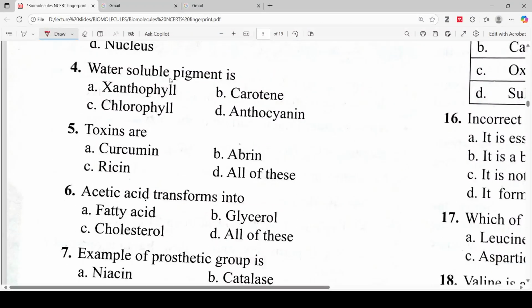Next question. Water soluble pigment is xanthophyll, carotene, chlorophyll, anthocyanin. So the correct answer is option D, anthocyanin, and it is found inside the vacuoles of plant cells. As we know, vacuole is filled with water and anthocyanin is water soluble, that's why it's found in the vacuole